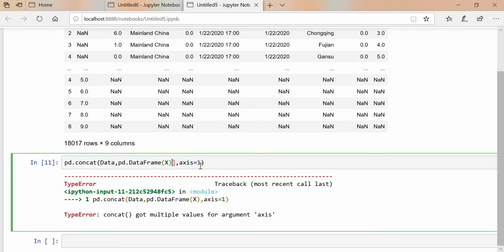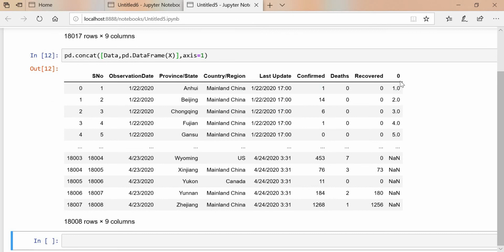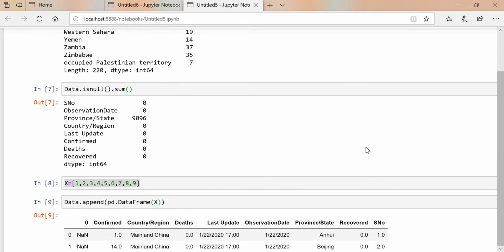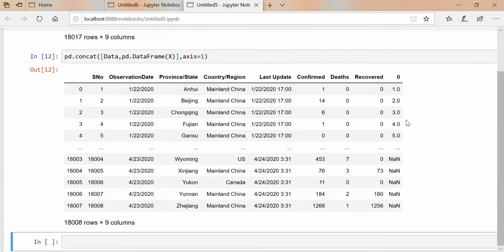Okay, I have to give the list over here, then it is executed. See, the 1 2 3 4 5 is updated. See, the x and the remaining are null values. Like this it will work.